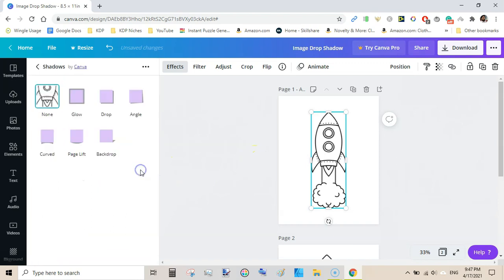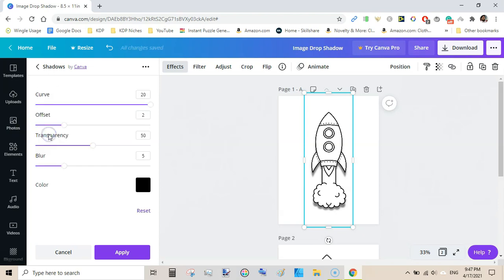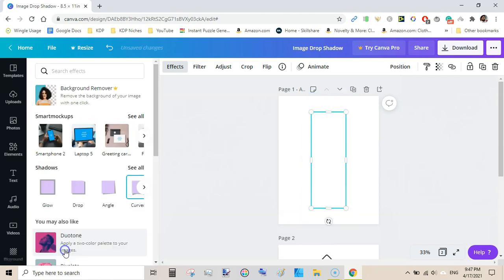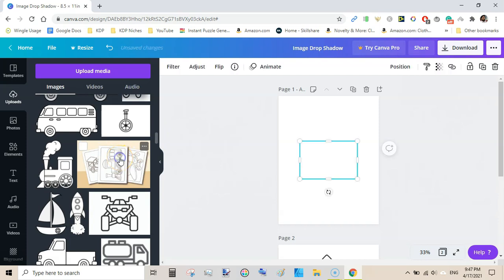type of shadow. Just cancel the previous one and just select this one, that is curved, and it will add some sort of curved shadow. And this works well with any straight images. Like for example, if you want to add shadow to this type of image,